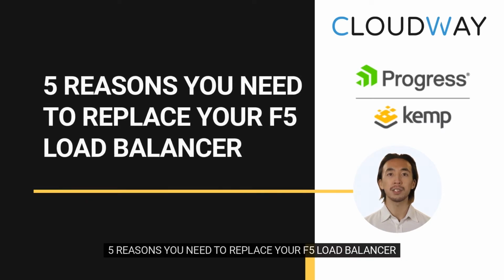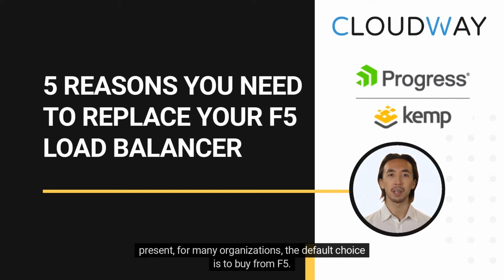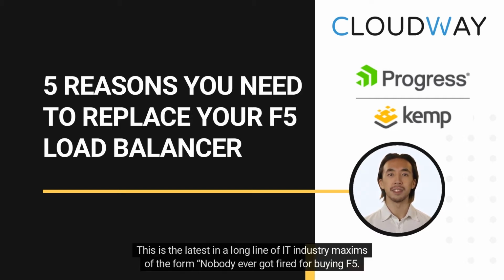5 reasons you need to replace your F5 load balancer. There are many options available to IT teams when it comes to choosing load balancers for their organizations. At present, for many organizations, the default choice is to buy from F5. This is the latest in a long line of IT industry maxims of the form, nobody ever got fired for